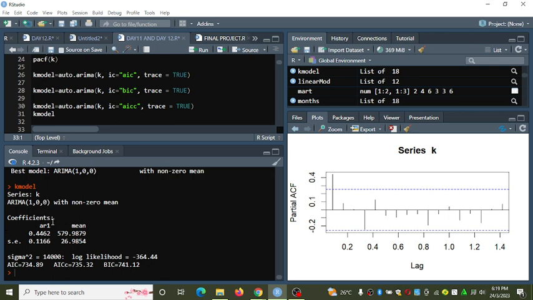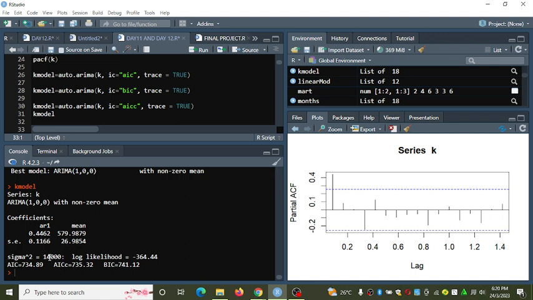We have the coefficient of the AR, the autoregressive part, and the mean. Then from there we have the standard errors of the AR. Of the autoregressive part we have this one, and of the mean we have this one. What is the importance of these ones here? What is the use of sigma, and what does this mean? The log likelihood and sigma. I want to hear from you.